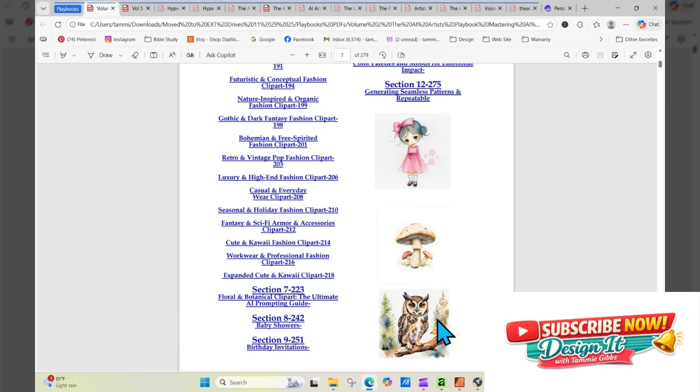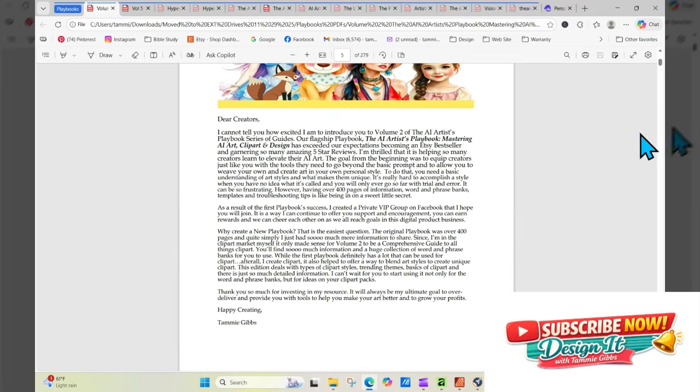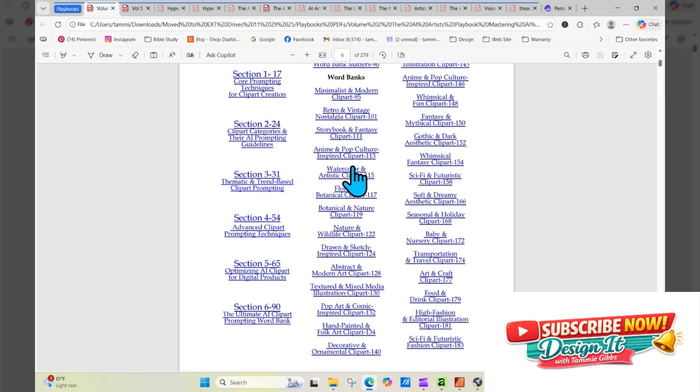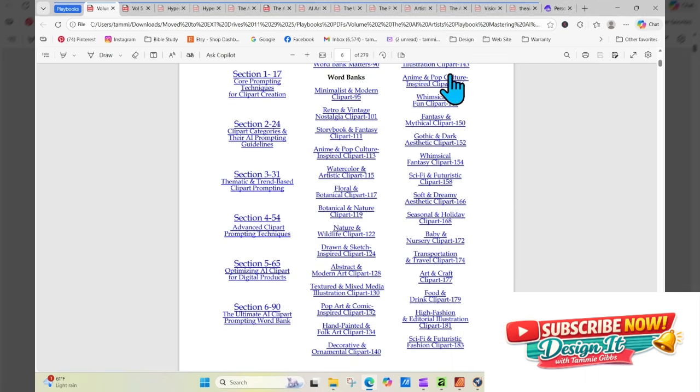So volume two is a pretty thorough volume with lots and lots of different ideas in it. It was designed for clip art use, but you can use it across any different type of products that you're creating for. It has a lot of learning techniques and teaching, but then it jumps into all of the word banks, and they're word banks on practically everything from watercolor to mystical and fantasy, mythical, clip art, whimsical, seasonal,